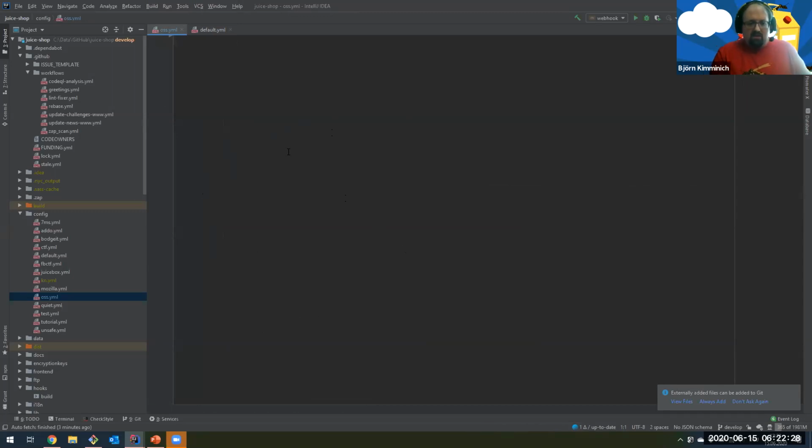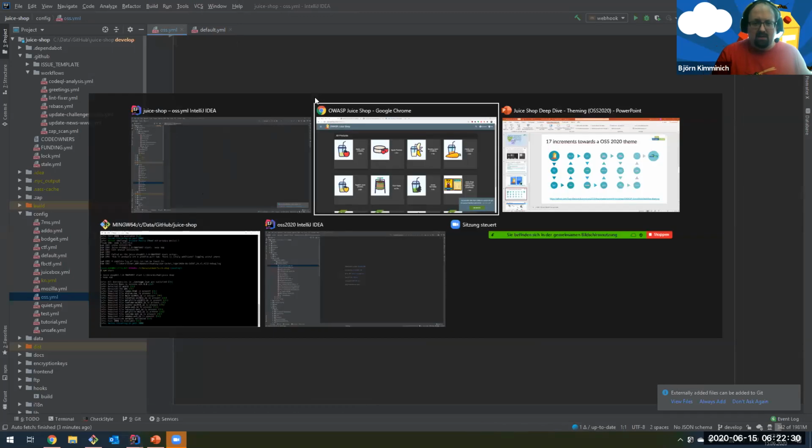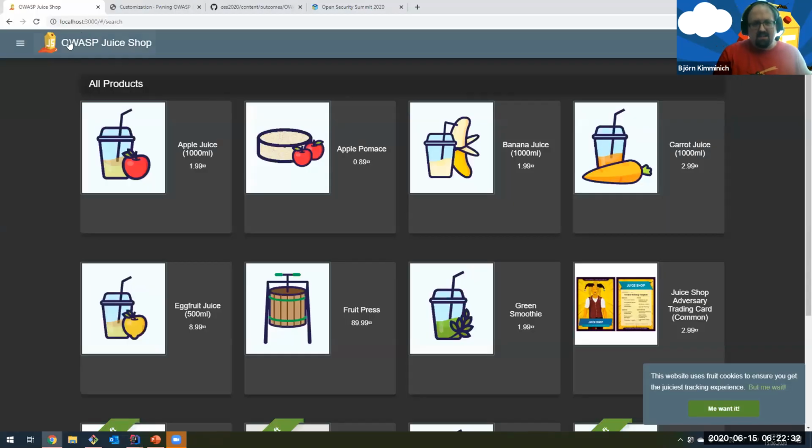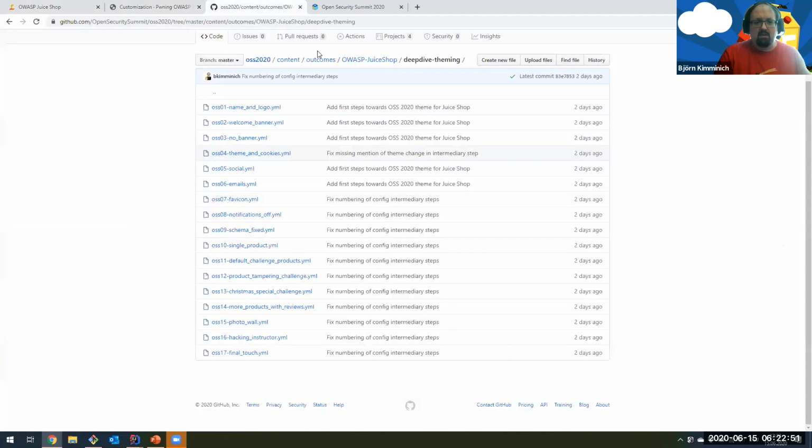So what we could actually start with, if we look at the Juice Shop again, it tells you its name right up here, and it shows you the lovely Juice Shop logo. So if we want to have an Open Security Summit theme, we might actually want to have a different name and a different logo, right? So let me just get rid of this. Okay, so